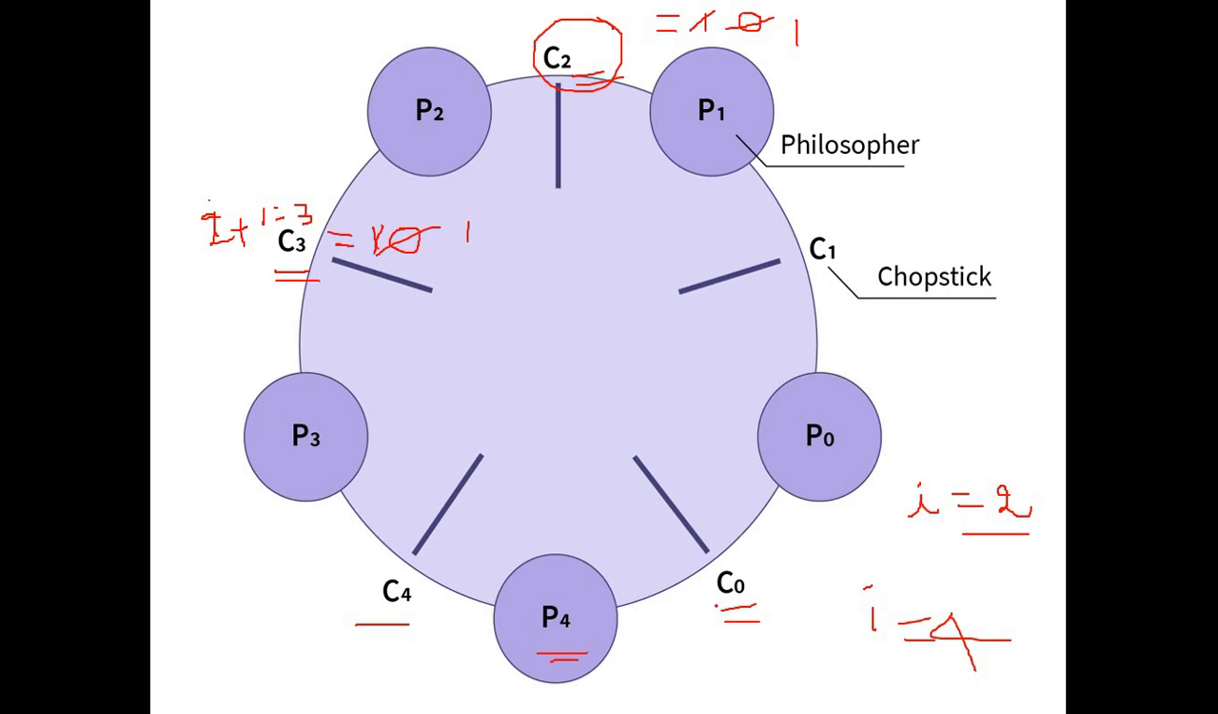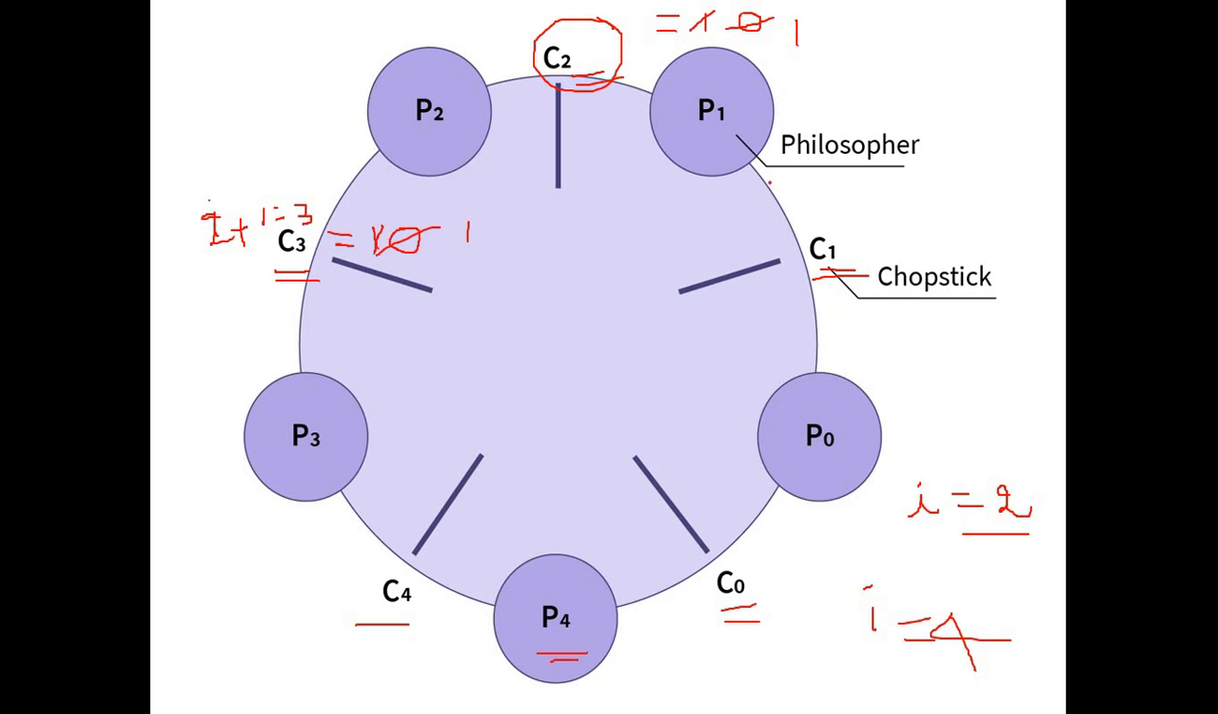For example, if all the philosophers pick the left chopstick first, then this leads to a deadlock state. Every philosopher is taking their left chopstick. So P1 selects the left chopstick, P2 chooses C2, P3 chooses C3, P4 chooses C4, P0 chooses C0. So every philosopher is successful in getting his left chopstick. Then every philosopher tries to get the second chopstick, that is the right chopstick. But this right chopstick is already taken by the next adjacent philosopher. So every philosopher will be in the waiting state